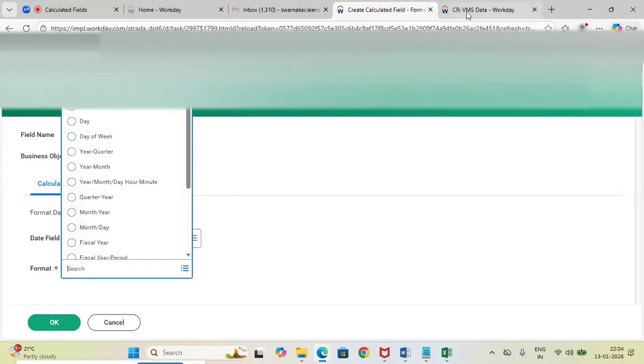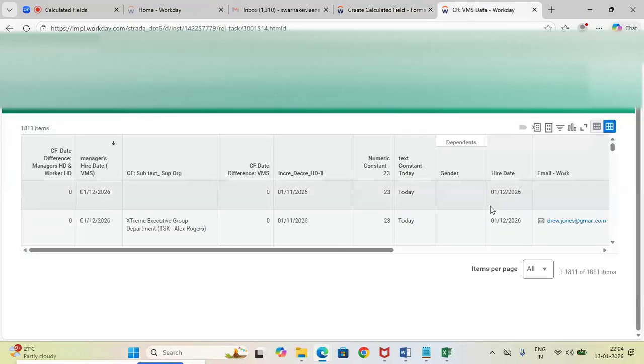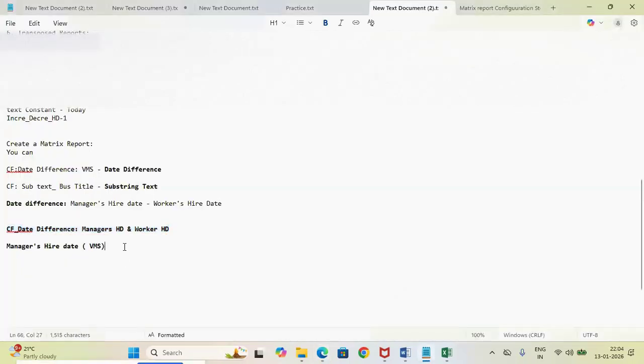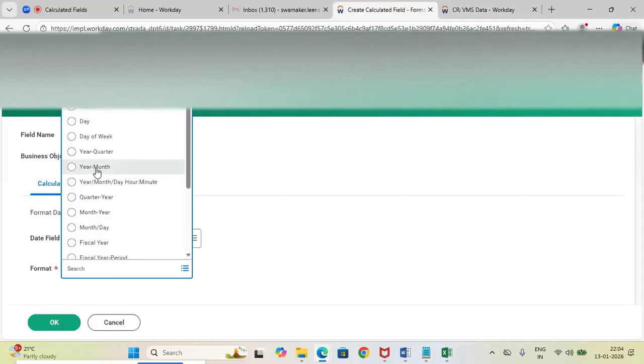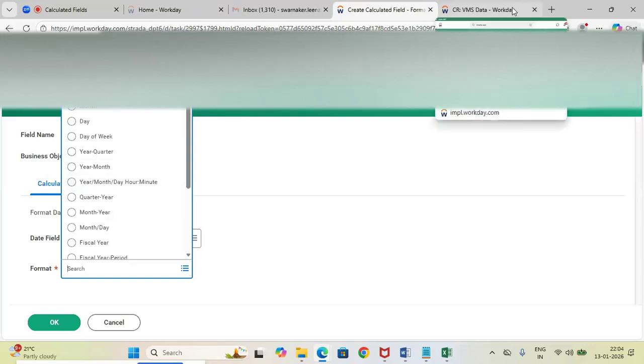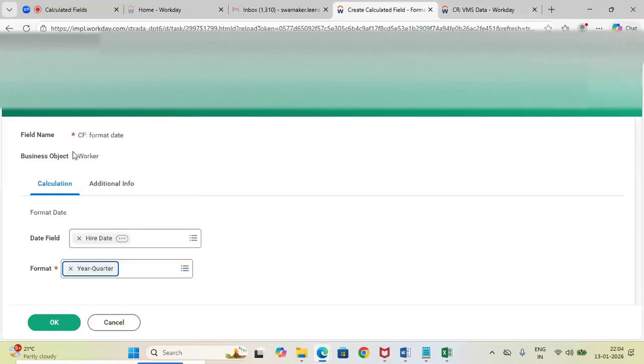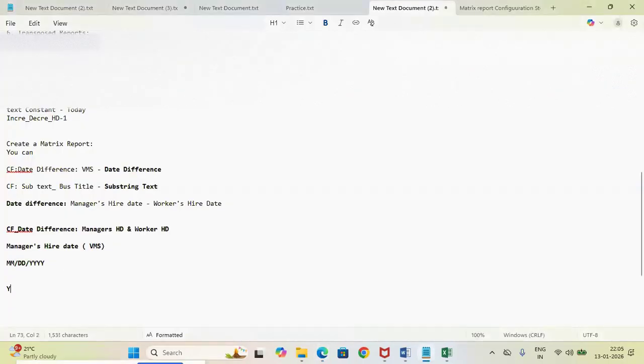So suppose this is the format that we have, like month. I have already told you how the format works. Ideally in Workday we have MMDDYYYY. That means the month comes first, then the date, and then the year. Now we want to probably change it to year quarter, so we want to find out in one quarter, or maybe we want to change the hire date in terms of YY quarter. Maybe Q1